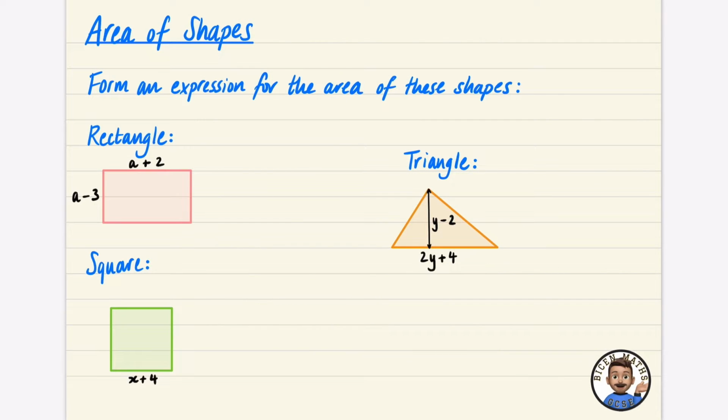Okay, so in this video we're going to be using double brackets, expanding double brackets to look at the area of certain shapes. And we're just going to dive in straight with an example really. So it says here, form an expression for the area of these shapes. I've got a rectangle, I've got a square, and then I've got a triangle, which is perhaps a little bit more challenging. So if you just remember how to find the area of a rectangle, you literally just multiply these